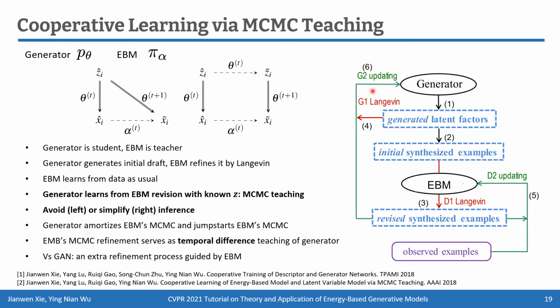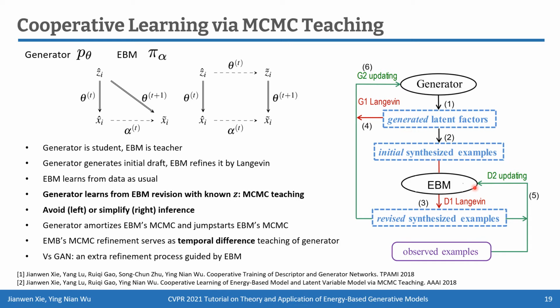Okay, so this diagram illustrates the basic idea of cooperative learning by MCMC teaching. The generator generates the initial draft from the generated noise vector. Then the EBM refines it into revised synthesis examples. Then you compare the synthesis examples with the observed examples to update the EBM, just like how we learned